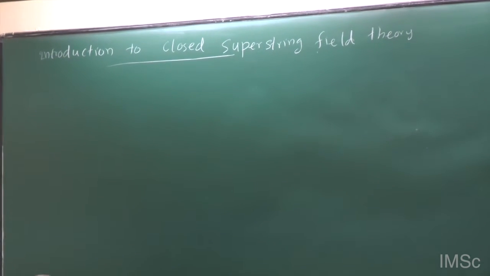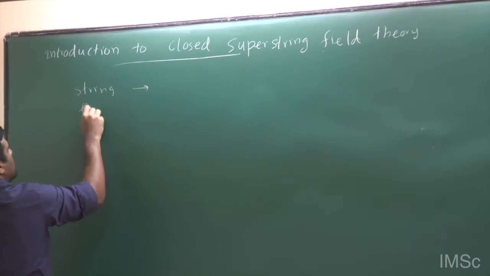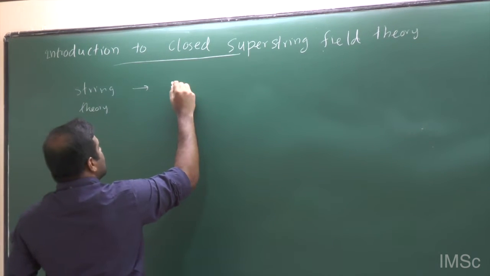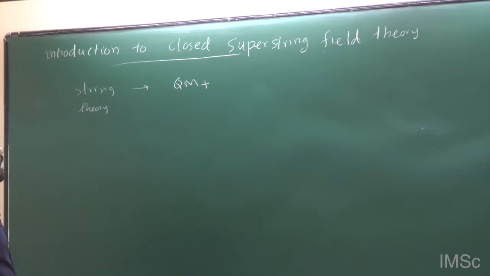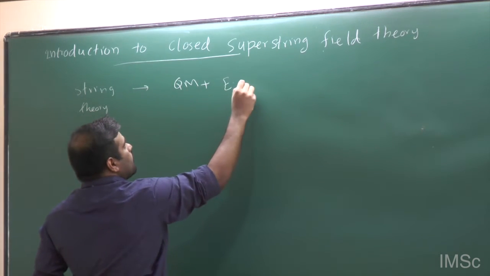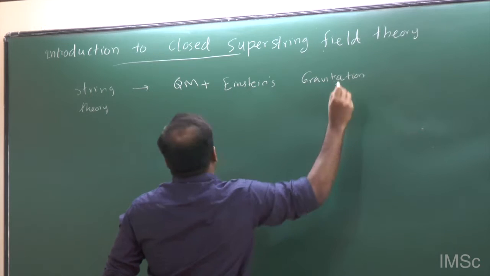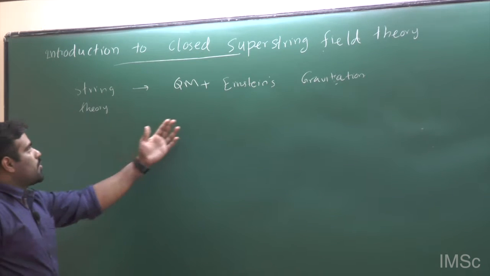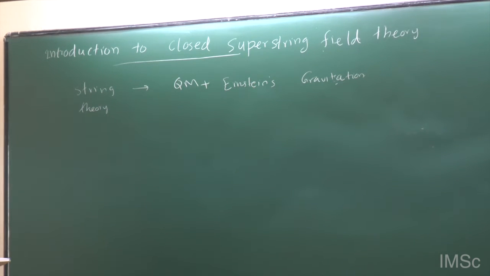So string theory is a framework. Although we call it a theory, it's not a specific theory, it's a framework. And this framework has the capacity to combine the principles of quantum mechanics and the principles of Einstein's theory of gravity, or gravitation. If you use the quantum field theory framework, it's not so easy to combine these two pillars of theoretical physics. But string theory provides you a way.